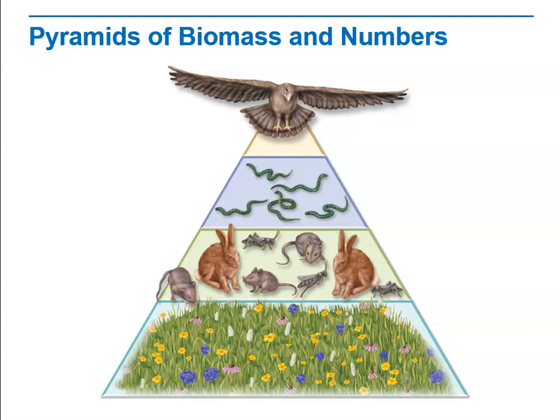Which pyramid shows the amount of organic matter at each trophic level? Well, the answer to that is the pyramid of biomass. We have pyramid of biomass and pyramid of numbers that should be added to your notes alongside pyramid of energy. Each of those is important and described